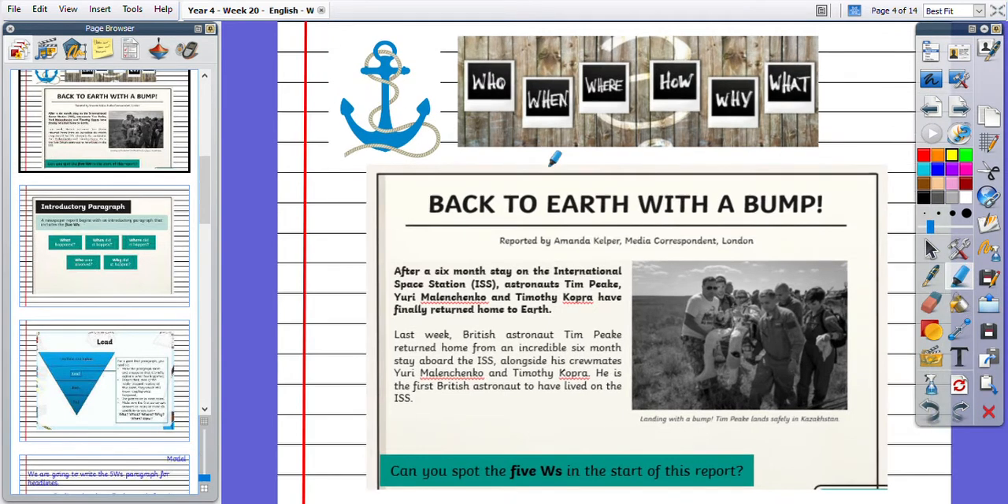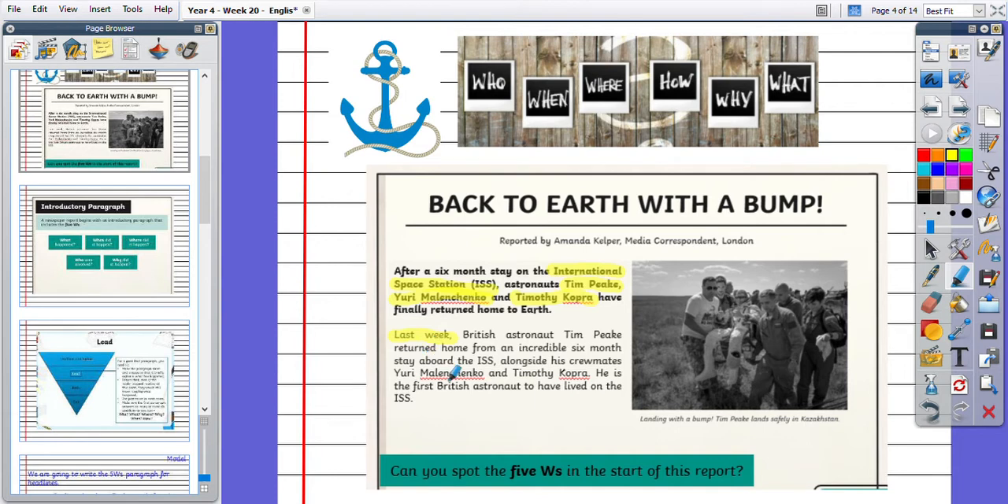Okay then, so our 5 W's. Our who, so we've got Tim Peake, Yuri Malenchenko and Timothy Kopra. Our when, so that's last week. Where, so they've been on the International Space Station. How, okay, so they have been aboard the ISS and they have just returned home to Earth. And why,